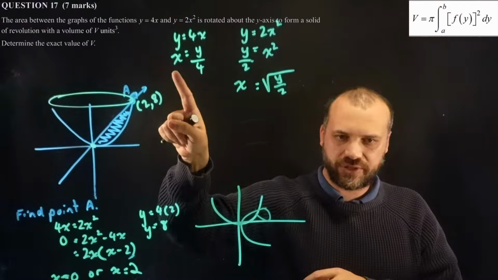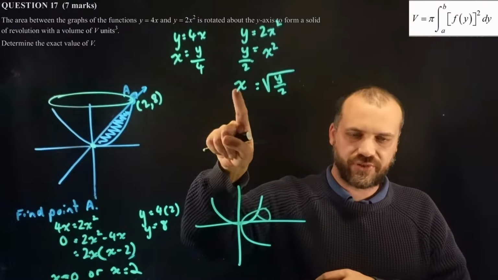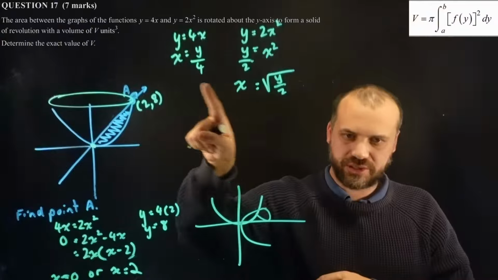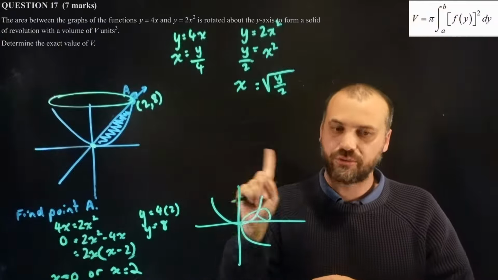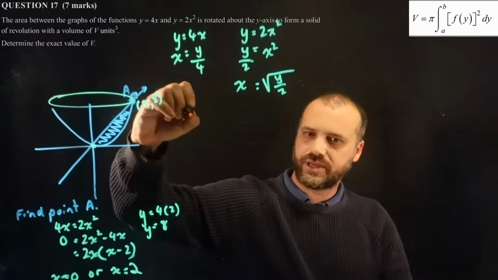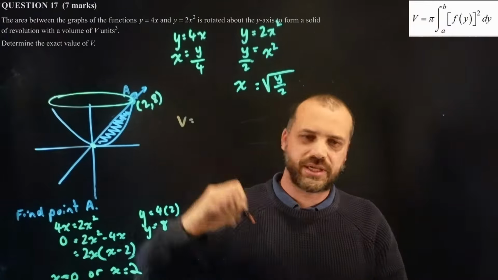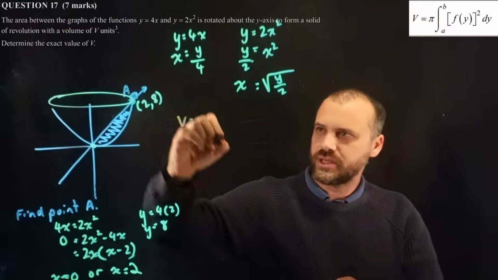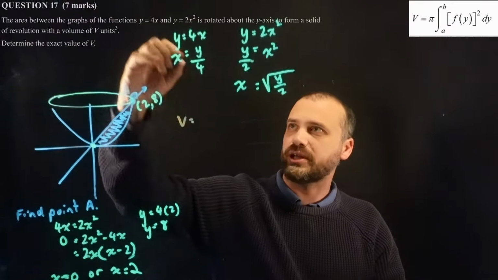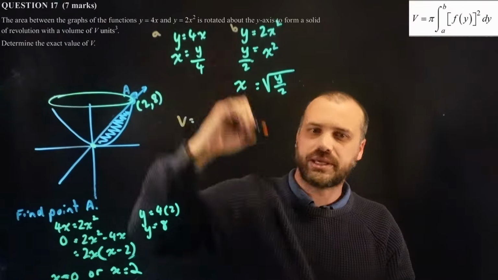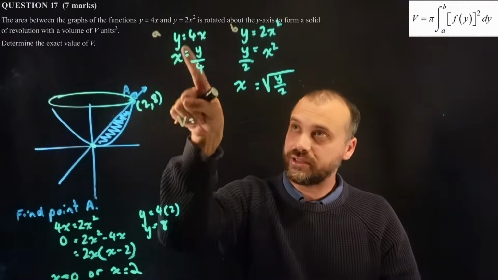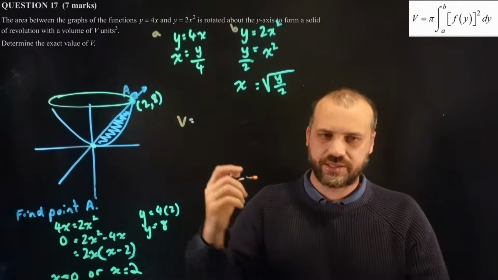All right, so I have this function, x equals y on 4. I have this function, x equals root y on 2. These are the two functions that I'm rotating around the y-axis. So I'm going to use that formula there. Let's do one at a time to begin with, and then I'll show you how to do both at once. The volume of, let's go with this one just being A and this one being B. Okay, so the volume that's created when I rotate the line, this one, around the y-axis is going to be